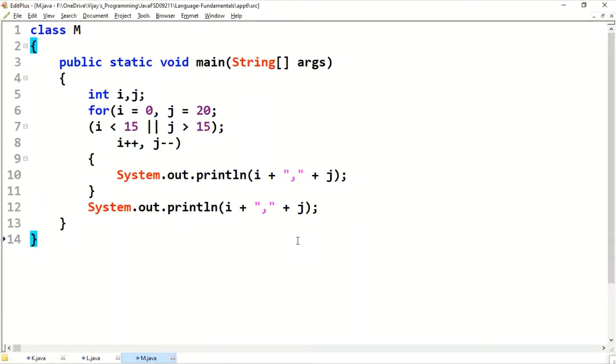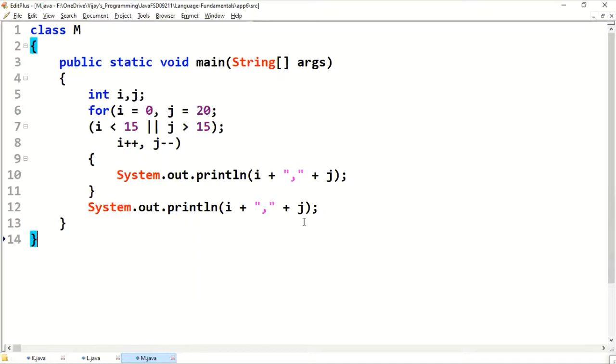Everybody has to tell the output. Please tell the output of what happens in this case. Write the output and send it. Everybody has to try.